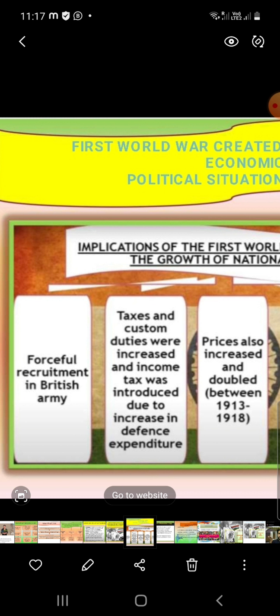Second, how the First World War was responsible for arising nationalism, the feeling of belongingness among people. Villagers were called upon to supply soldiers, and they were forced to join the army. They were forcefully recruited in the army. That's why there was widespread hunger, because no people were left in villages to cultivate the land and raise the crops. So all over India,